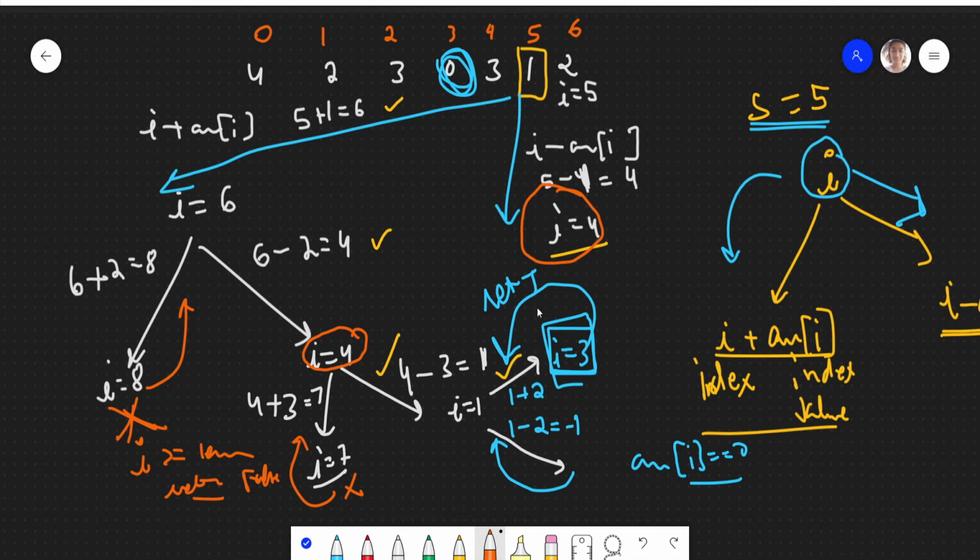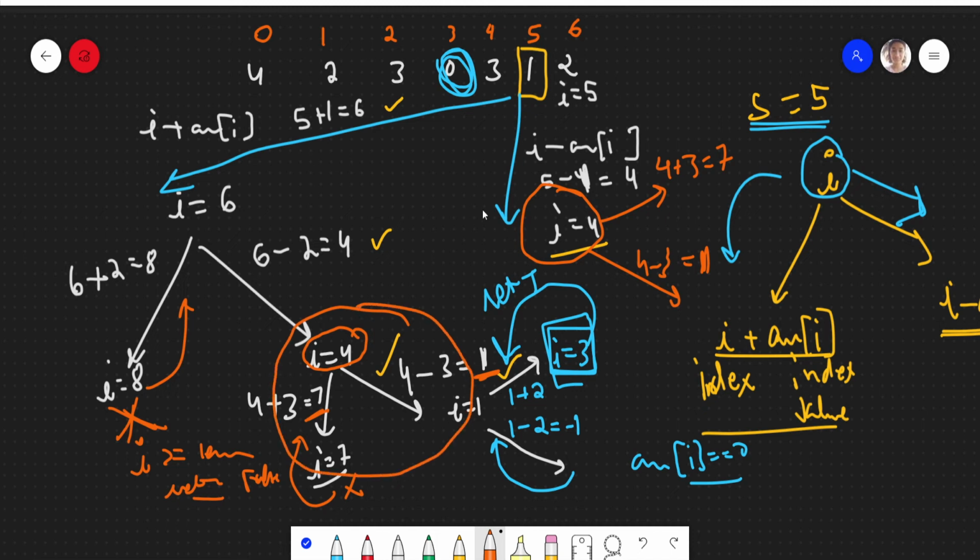Once we have completed this left call, when we go to the right call, we'll be doing the same thing: I is equal to 4, 4 plus ARR of 4, which is 3, giving 7, and again 4 minus 3, which will be 1. So this is the same as this over here. Why do the same thing again? Since we have already evaluated I is equal to 4, we will not evaluate it again.